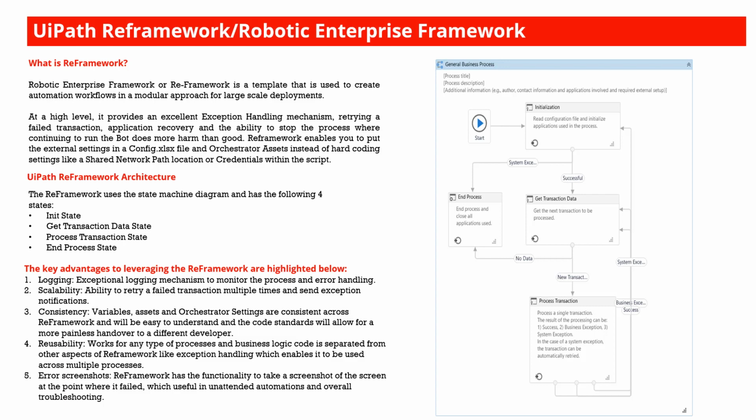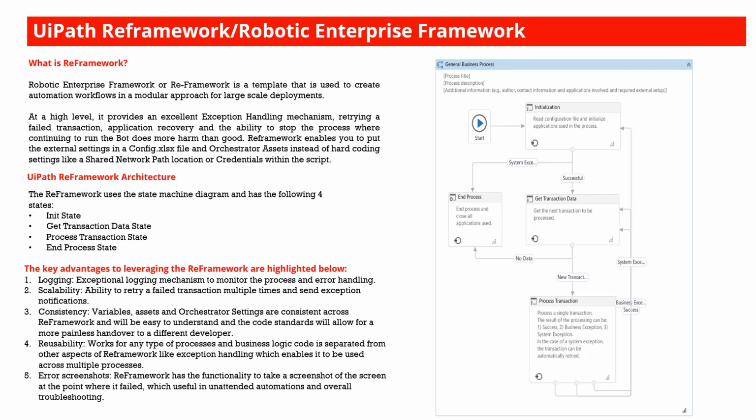We can control the flow, how many times it will go back to get transaction data and init. That's basically the retry mechanism. So we can put a retry mechanism configuration in the RE framework. We can put a retry mechanism in UiPath queues as well, when we are using the UiPath RE framework with queues. When this RE framework was initially created, it was taken care of with the help of the queues mechanism. That's how it is designed.